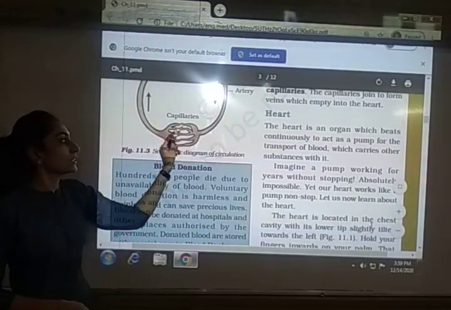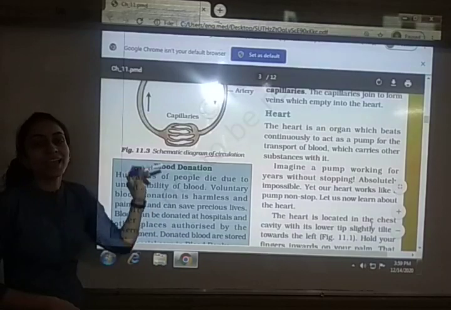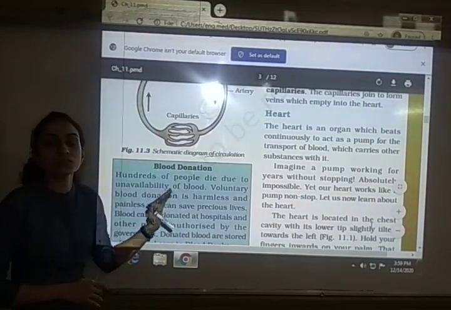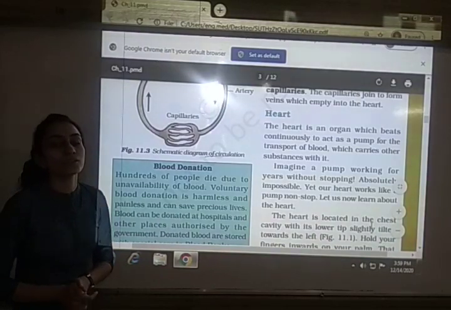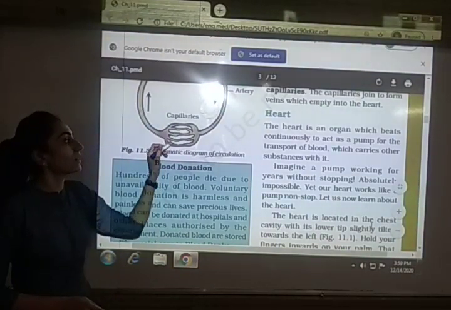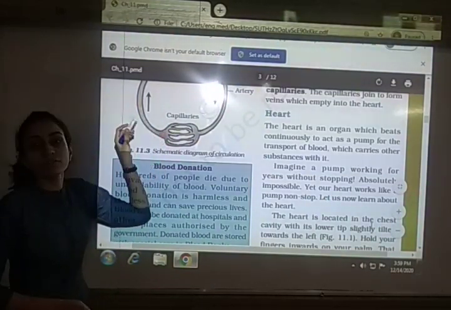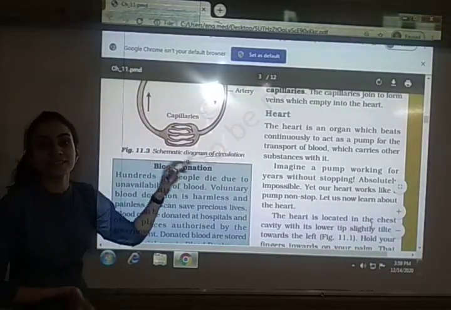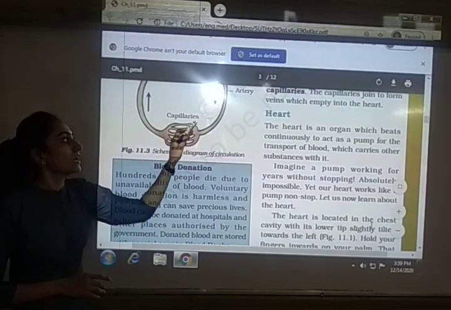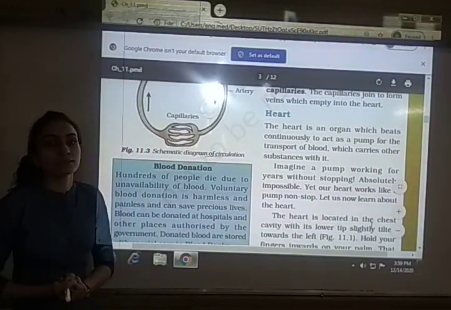The artery is further divided into small thin tubes and reaches the tissues. And after that, to carry the carbon dioxide rich blood, these capillaries again combine together and make the veins. So this is the connection link between the arteries and veins. These are also blood vessels, that is capillaries.